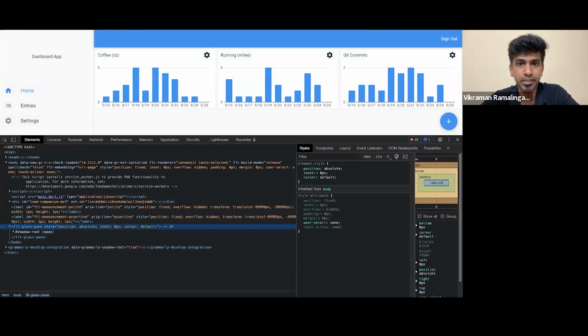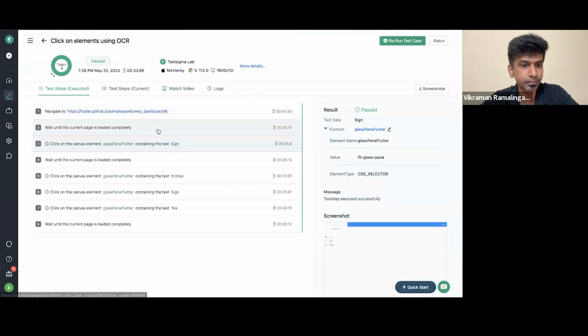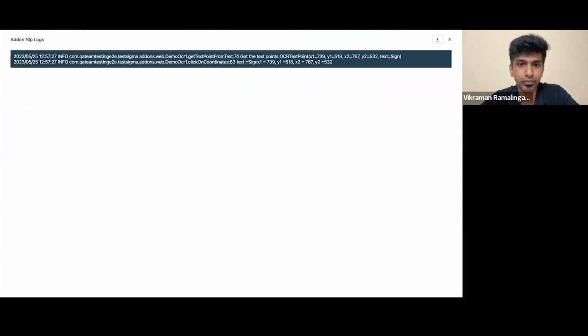So I have written a sample test case in Testsigma using this add-on, and I'll just quickly show that. As you can see, this is the sample add-on that I have written, which is click on the canvas element glass pane containing the text sign in. So the flow that I have automated here is,